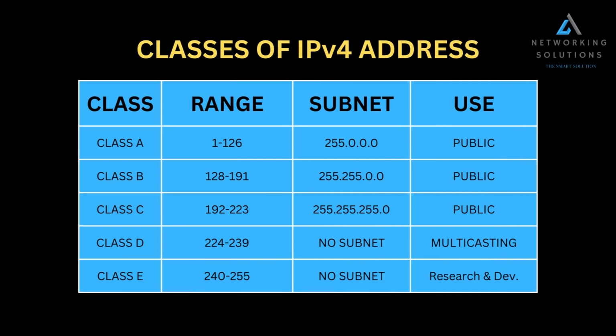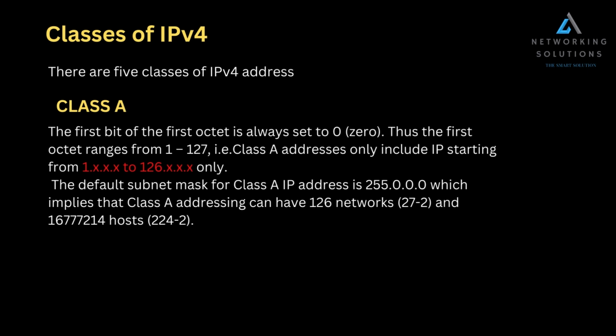There are the following 5 classes of IPv4 address. We'll discuss all classes in detail. In Class A, the first bit of the first octet is always set to 0. Thus, the first octet ranges from 1 to 127, that is, Class A addresses only include IPs starting from 1.x.x.x to 126.x.x.x only. The IP range 127.x.x.x is reserved for loopback IP addresses. The default subnet mask for Class A IP address is 255.0.0.0,